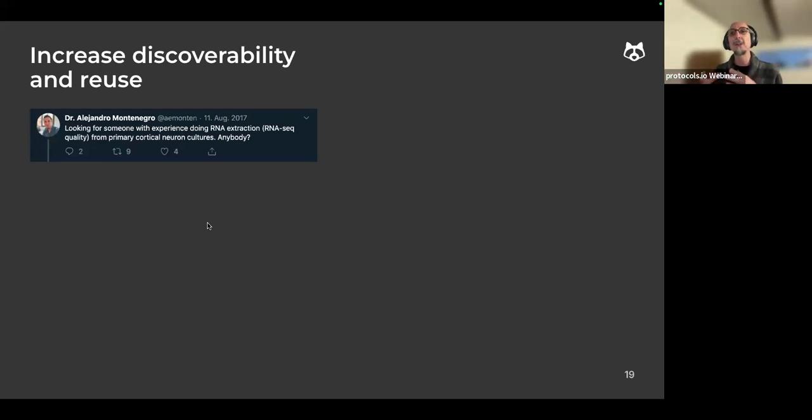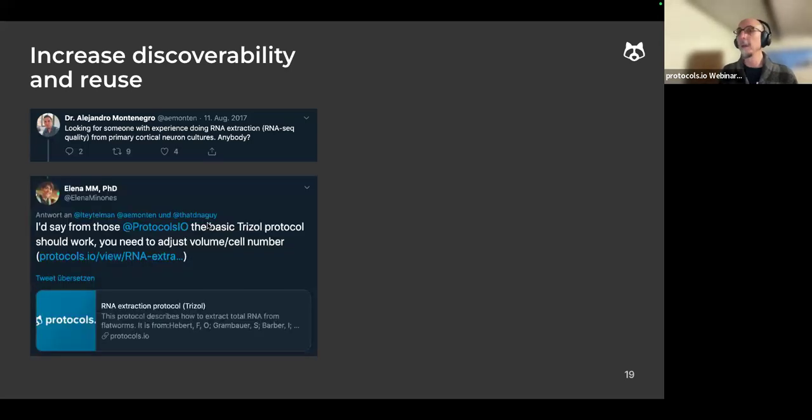And let me use an example here taken from X, previously known as Twitter. So you can see here a tweet from a researcher who was looking for a protocol for RNA extraction from primary cortical neurons in culture. Someone answered this tweet and recommended a protocol that is in protocols.io.